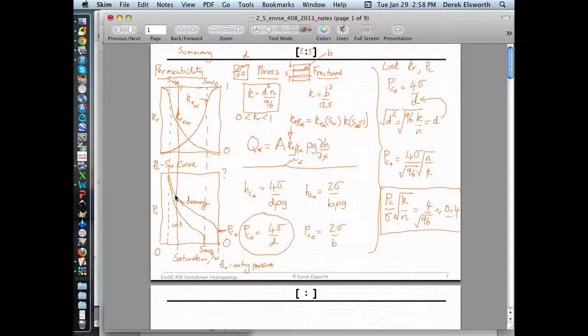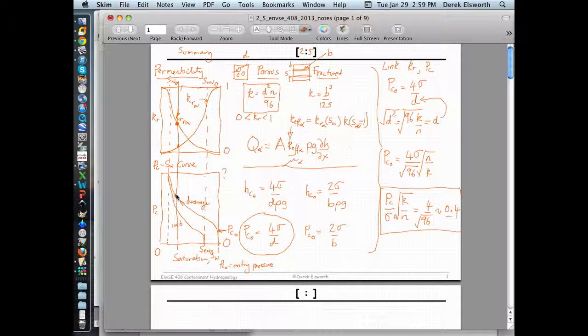So depending whether you're on the drainage part or the imbibition part, you'll have a unique capillary pressure present at that location, which is just the difference between the pressures of the two fluids. And you'll have a unique magnitude of the permeability of the non-wetting fluid and the permeability of the wetting fluid in that particular case. And so these parameters allow you then, if you know what the saturation is, you could,